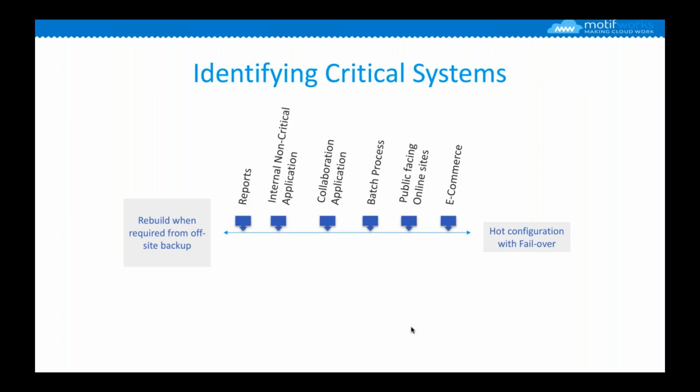So again, on the left side, it is something that you can recover. If you look at how critical it is for your business, you might be able to recover it from the backup. But in case it is very critical for your business, you would like to set up an auto failover. So in case something happens, you can recover quickly and still be in business.